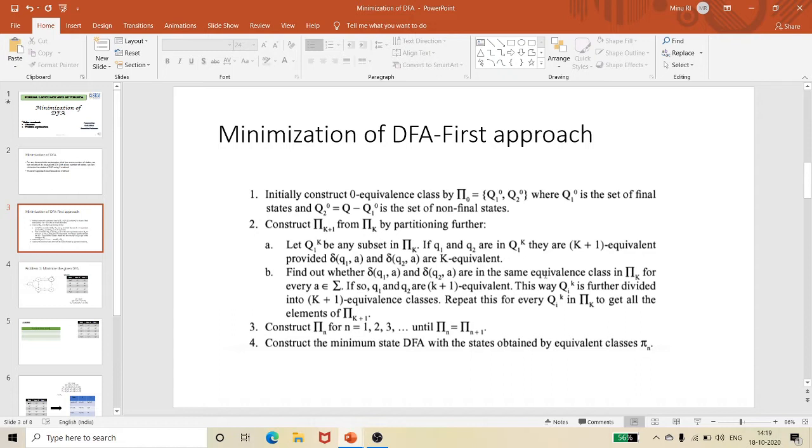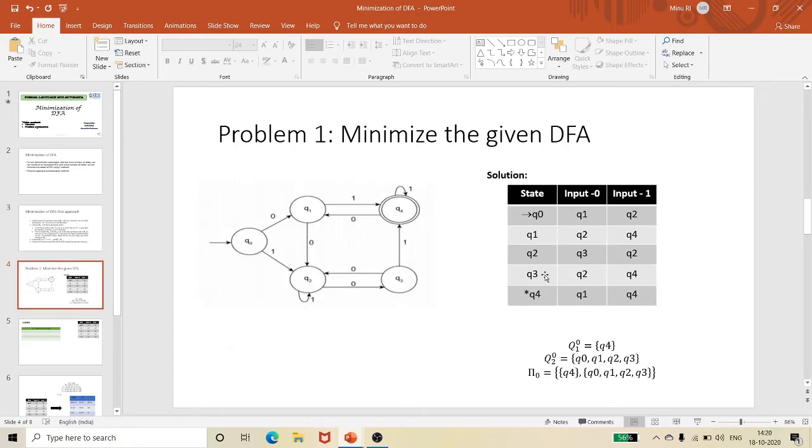So, this is the actual theorem for minimization of the number of states in a DFA. By seeing the theorem it looks very tough, but it is actually not tough. After solving the problem, I will come back to this theorem and explain it so that you understand you are studying the actual methodology of how to reduce the number of states in a DFA. So, let us go directly to the problem.